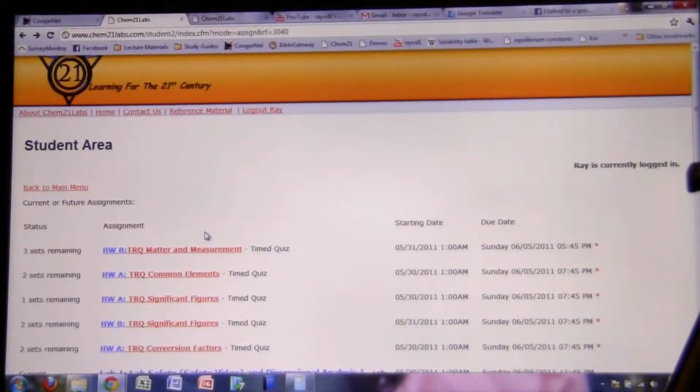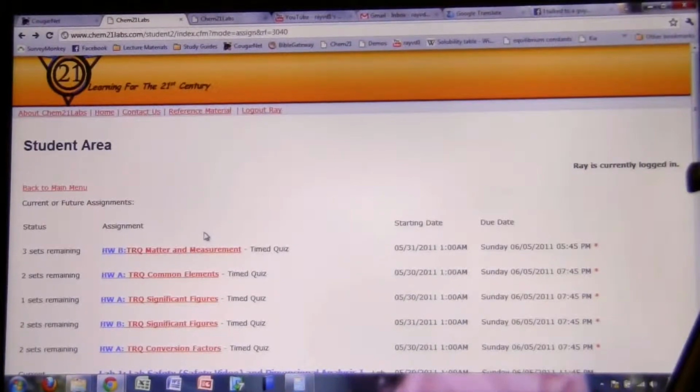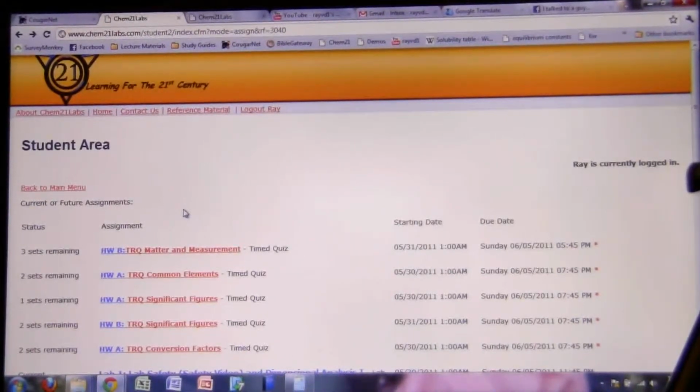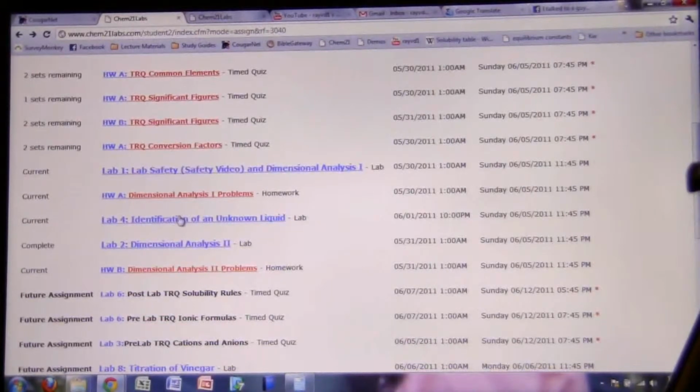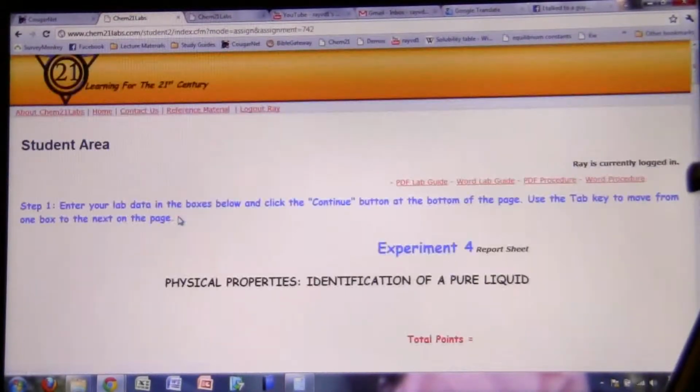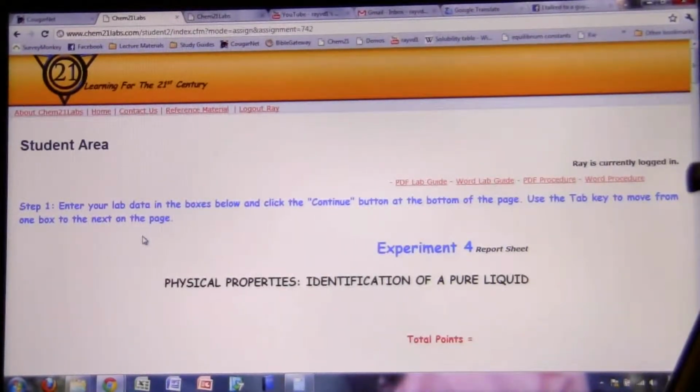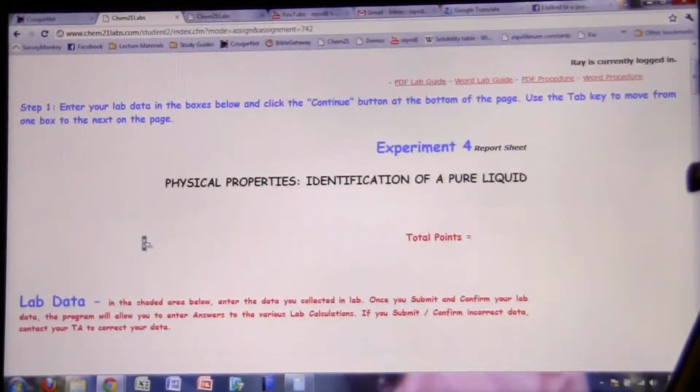Alright, so we're going to look at the Lab 4 data entry and how we go about doing that. This is the assignments list from Chem21 Labs. If I scroll down here, I can get to Lab 4, identification of an unknown liquid. If I click on that, I come to this page, and